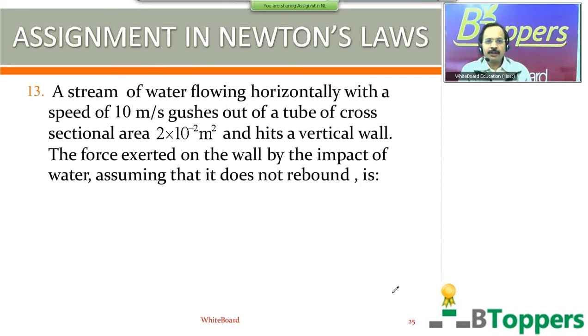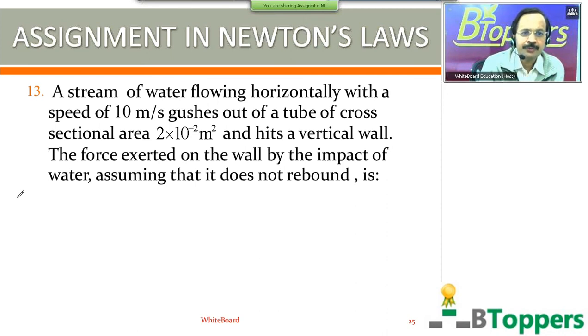A stream of water flowing horizontally with a speed of 10 meters per second gushes out of a tube of cross-sectional area 2 into 10 power minus 2 meters square and hits a vertical wall. The force exerted on the wall by the impact of water, assuming that it does not rebound, is. So here